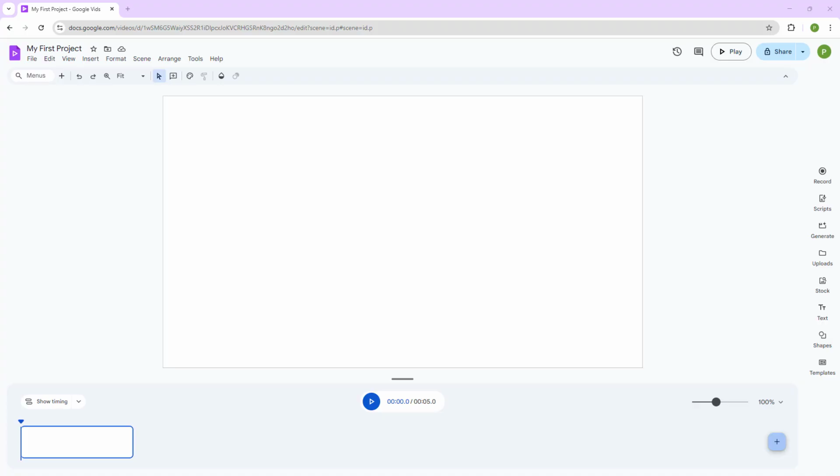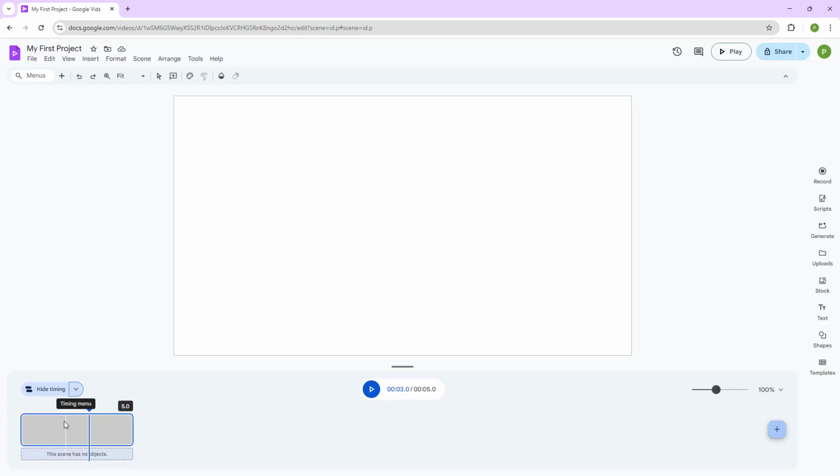So before we go into Google Vids in detail, let us explore the interface of Google Vids. Once you open up your Google Vids, this is what you see right here. On the bottom, you see the timeline right here, and you can even show the timings for the selected ones in detail, as you can see. You can press the play button right here to preview the videos or anything that you may have over here